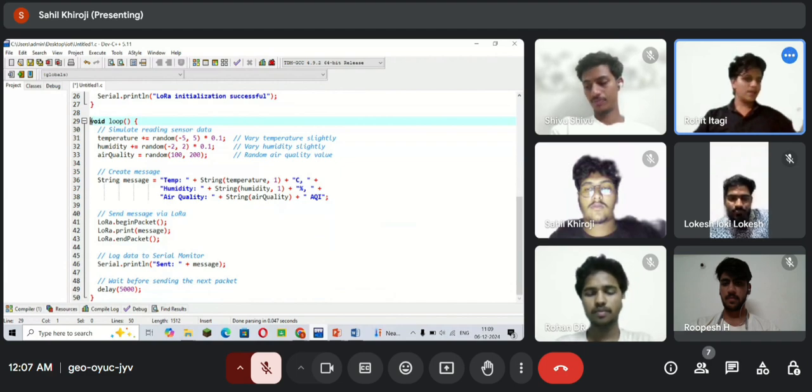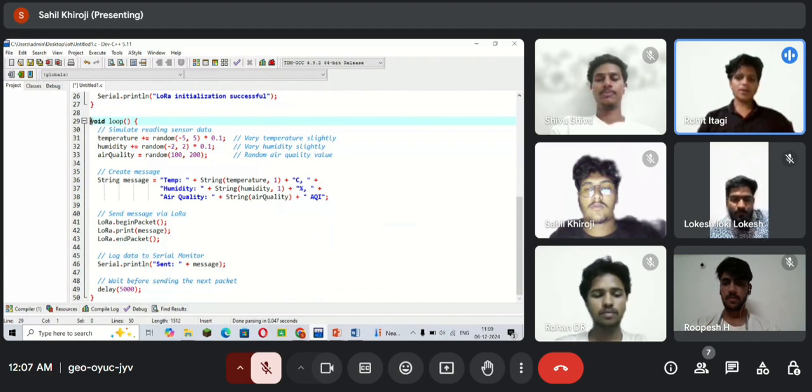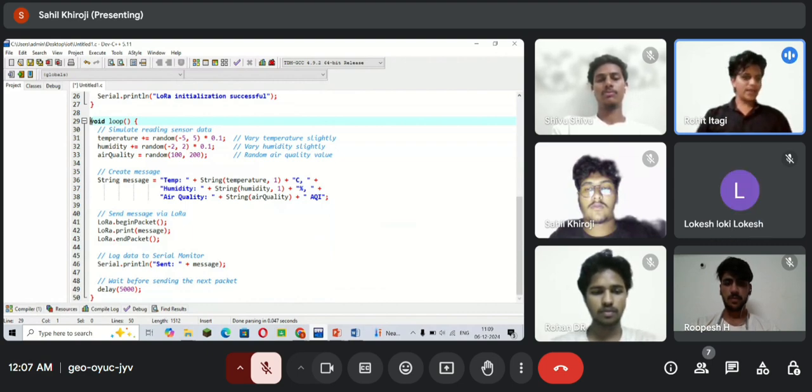And in line number 33, airQuality = random(100, 200). Here it generates a random AQI value between 100 and 200 for air quality. As we move on to line number 36,